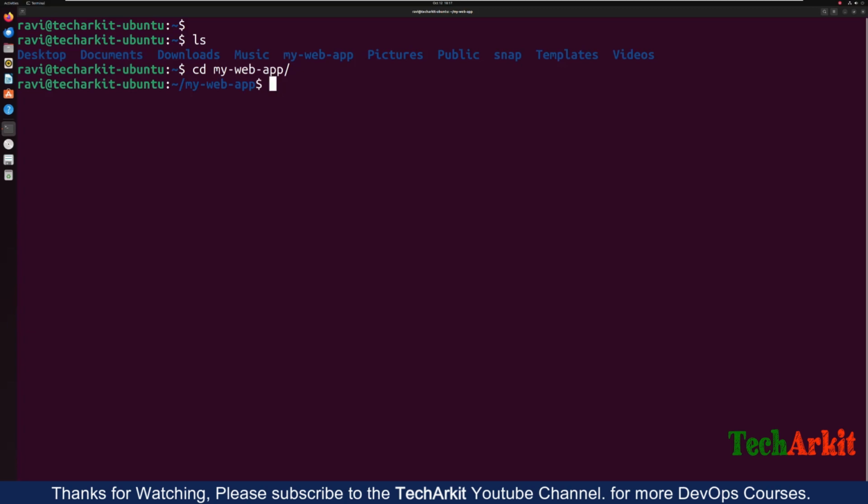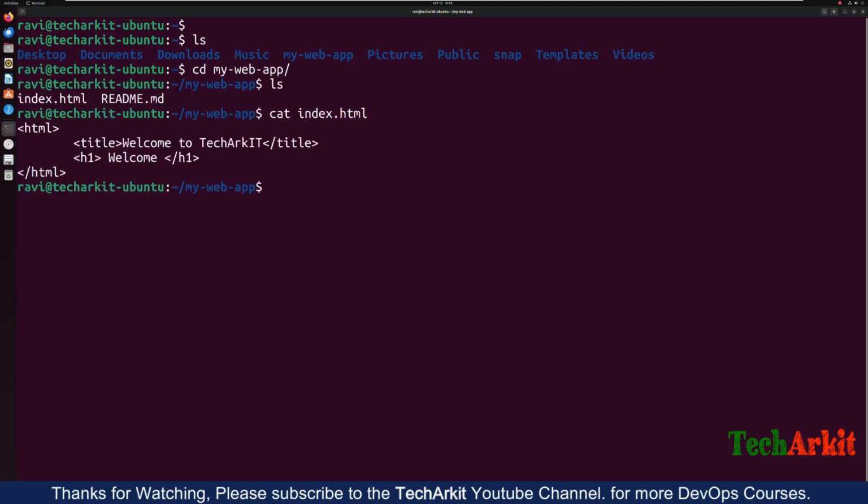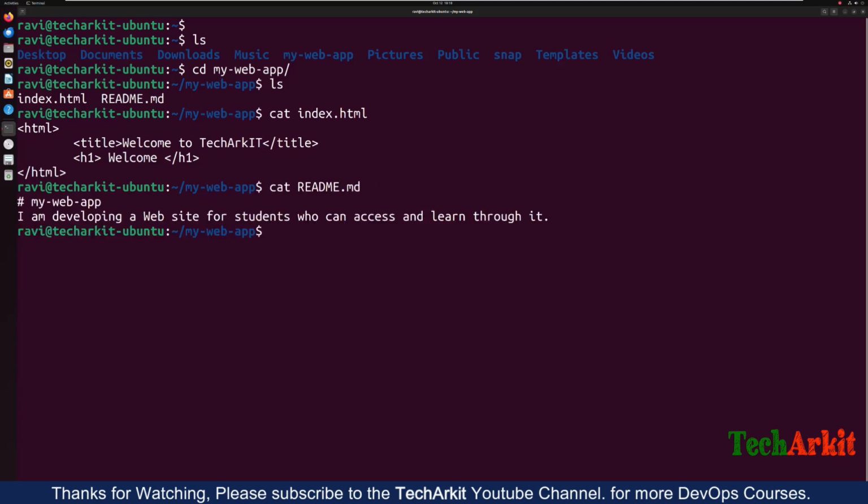Now if you see, your index files are there, like the content you have written, and you can see the readme file is also here. Now what I'm going to do is make some files. I'm going to add a new file here. Let's say touch ubuntu.html file. This is the file I'm going to make here, and I'm going to push it